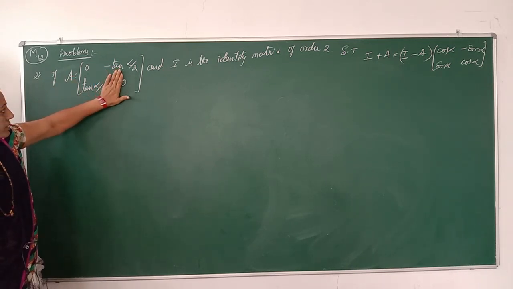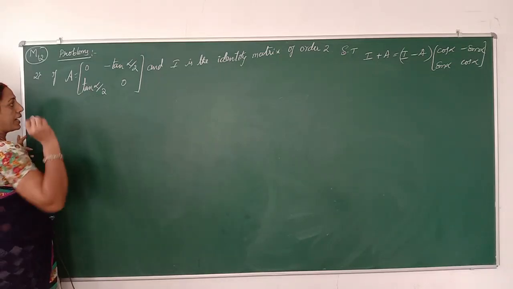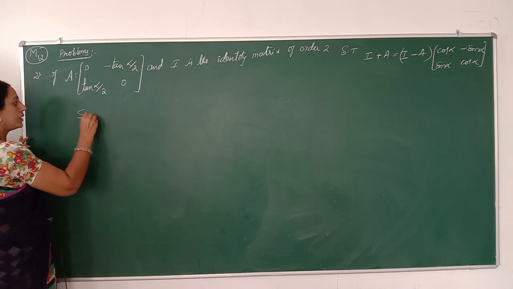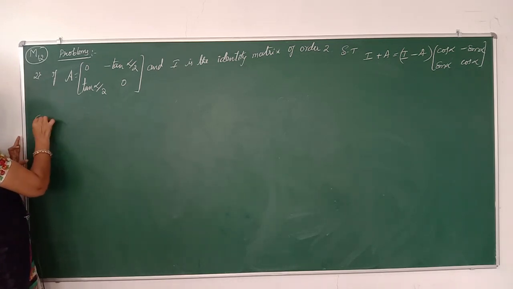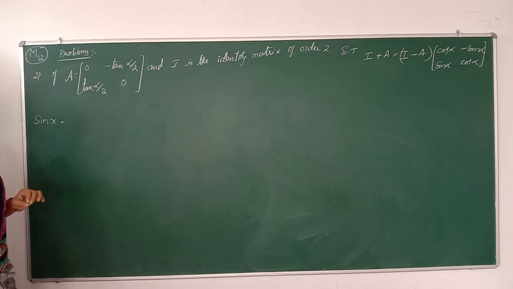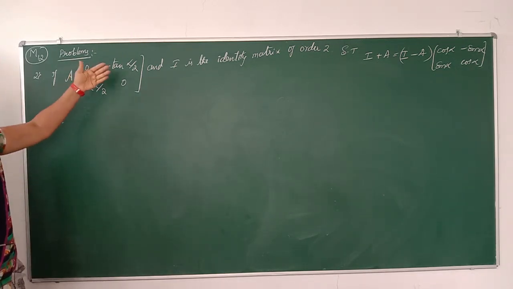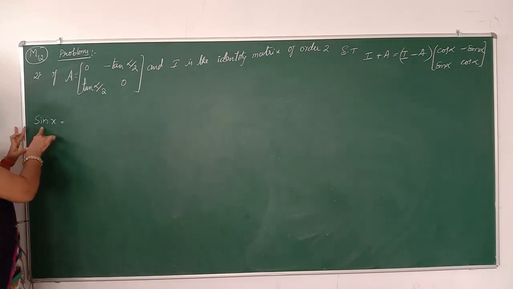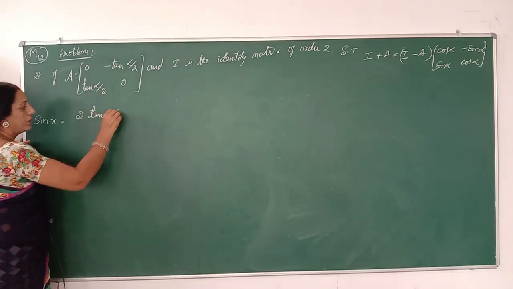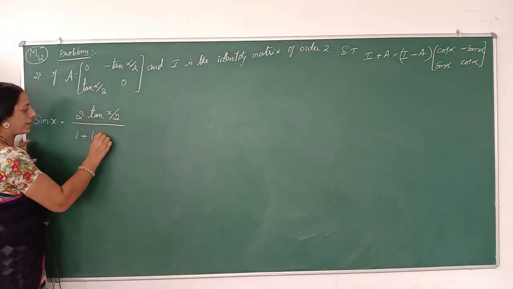So, matrix A is also represented in terms of multiple angles. Now tan alpha can be written in terms of sine and cos. Now by using the previous knowledge of trigonometric functions, we already know some standard results of sin x and cos x in terms of tan x. So sin x can be written as 2 tan x by 2 divided by 1 plus tan square x by 2.